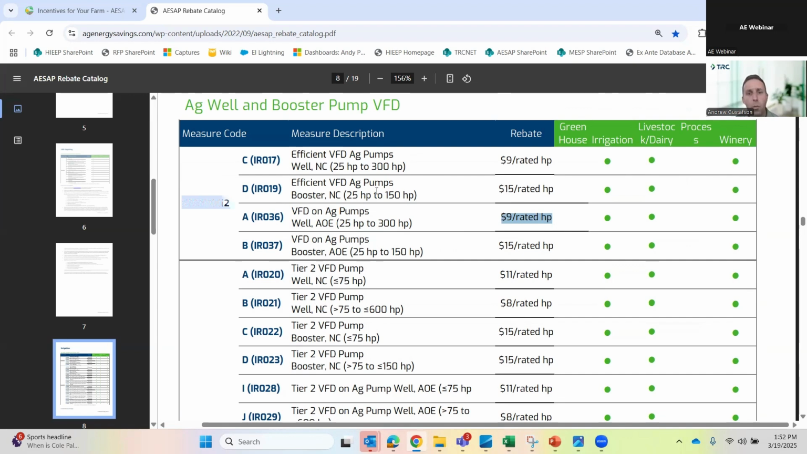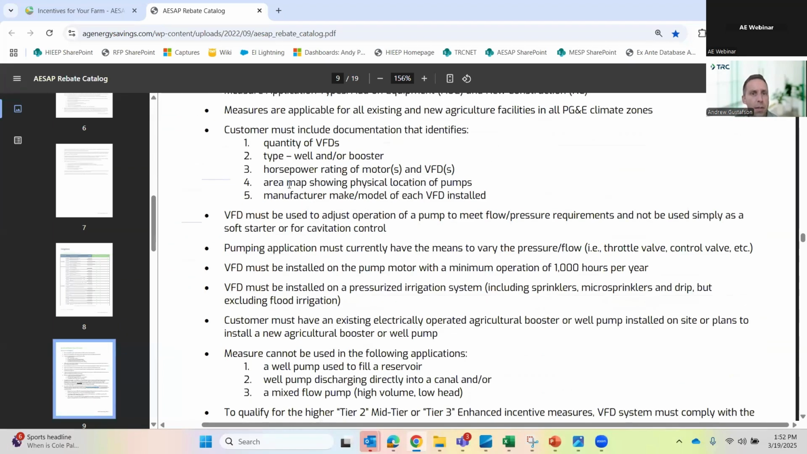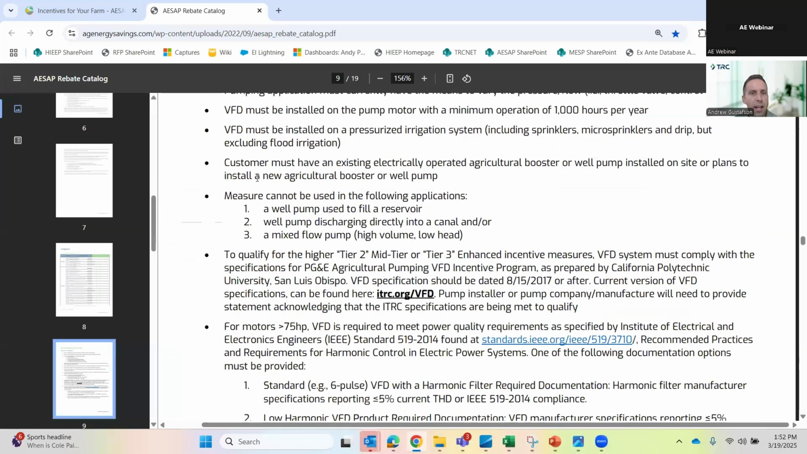Once again, it has the requirements here, which show what we need to submit the project. Some of the requirements are that it has to be a pressurized irrigation system, it can't be filling a reservoir, things like that, and harmonics requirements if it's over 75. If a customer is asking for specific requirements, this is a great resource because you could just link to this